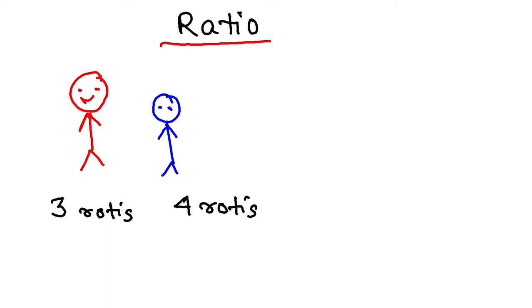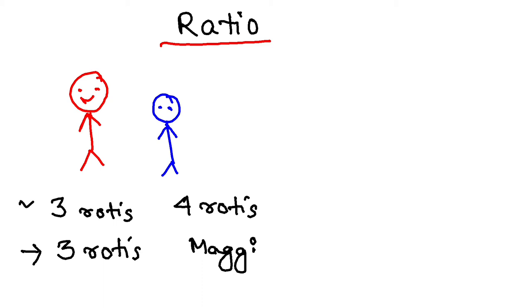Now imagine the same situation on another day. Suppose the next day you have brought again, let's say 3 rotis only, but your friend had changed and she has now brought Maggi. Now in the second situation, can you compare these two? That means your rotis and her Maggi? No, right? But in the first situation, we could easily compare because you have brought 3 rotis and your friend has brought 4 rotis.